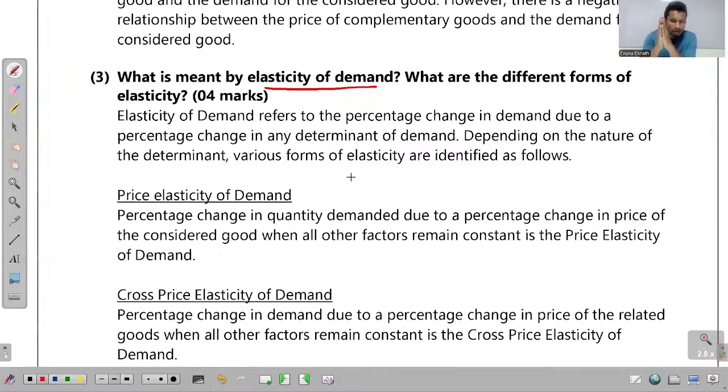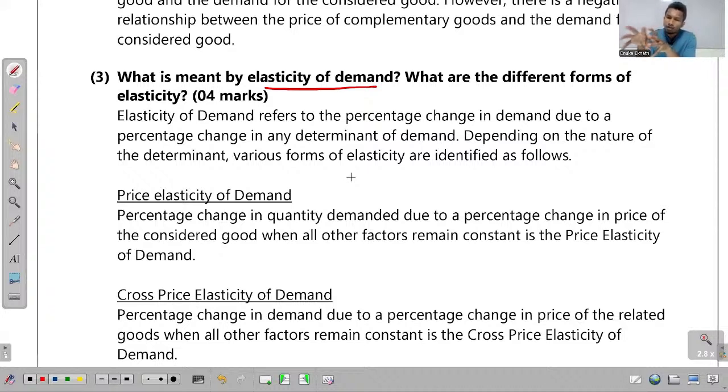When you hear the word elasticity, the one thing that should come to your mind is the percentage change, the sensitivity. If it's the elasticity of demand, it's about the percentage change of demand that happens when any determinant of demand changes by a particular percentage. So that's what you need to explain in the answer for the first part. What is meant by elasticity of demand,